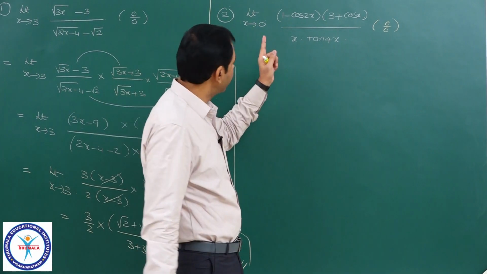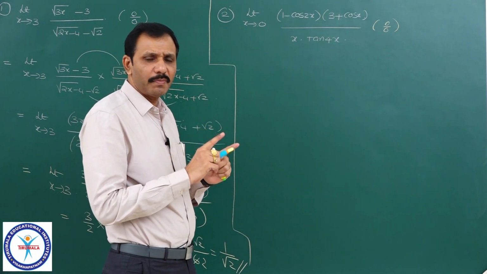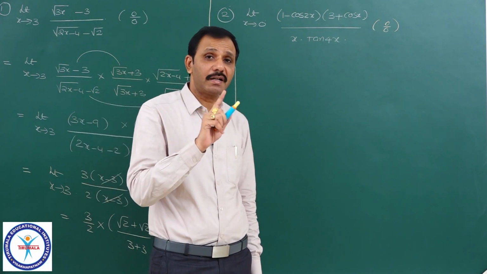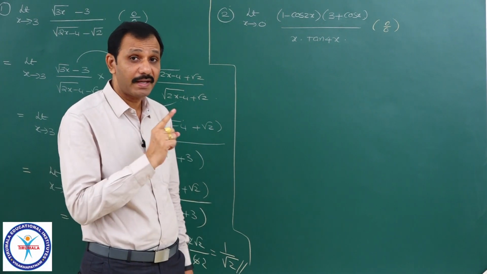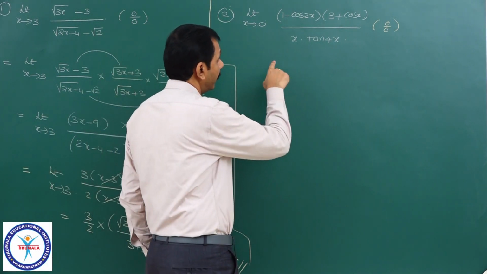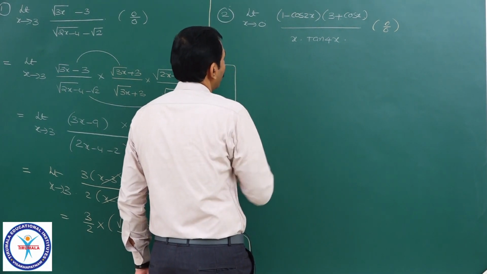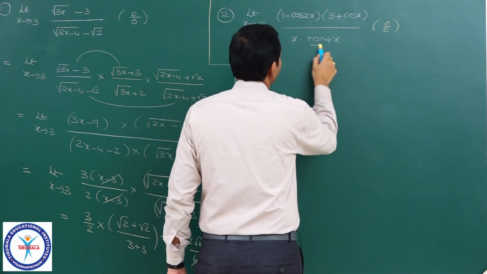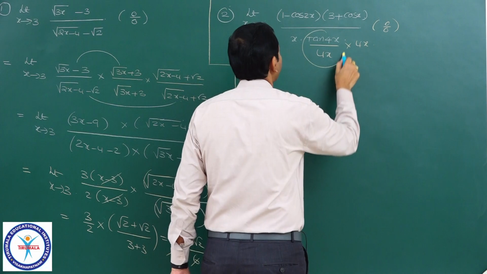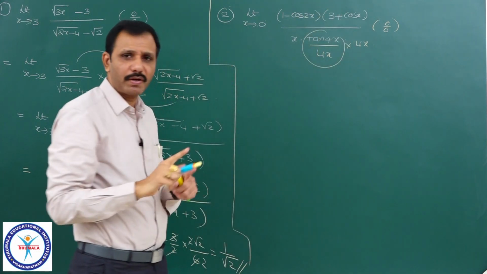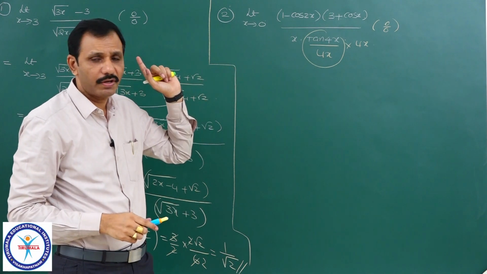One second, you see this problem again. Whenever in the numerator or denominator there is a product of functions with trigonometry, either sine or tan, we can eliminate that one by polynomials. Here you see, this problem what I will do, I will write the denominator 4x into 4x, because it is the product of all these, tan 4x by 4x equal to 1 only, I can ignore that one, that value equal to 1.